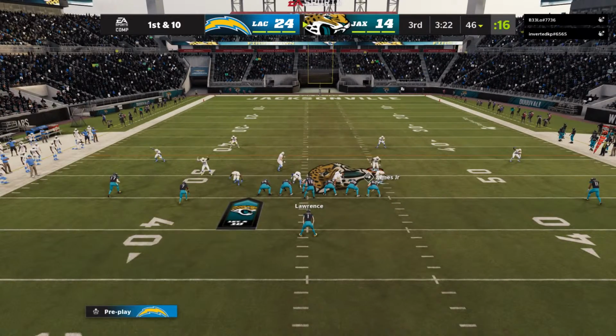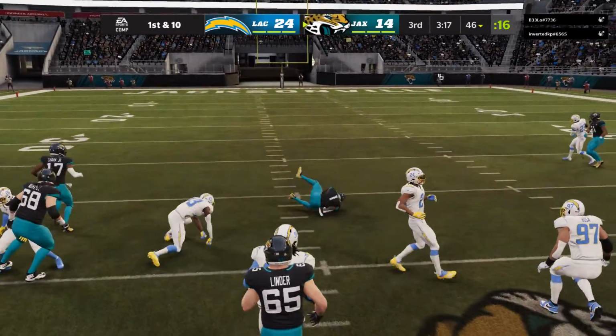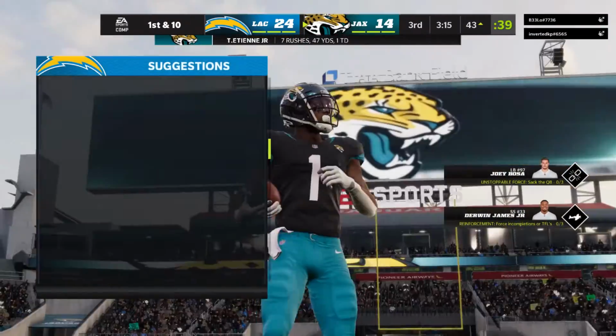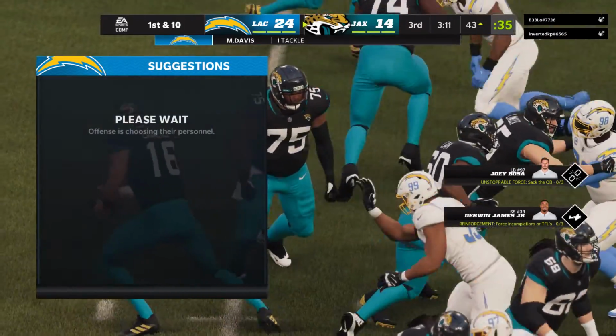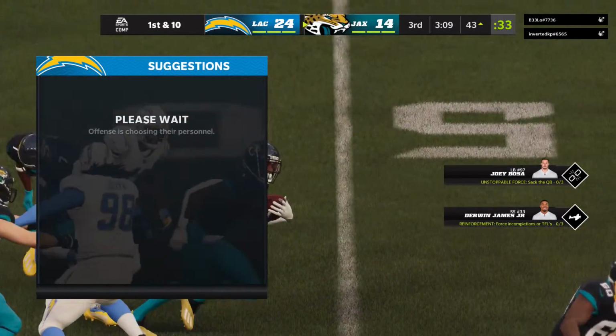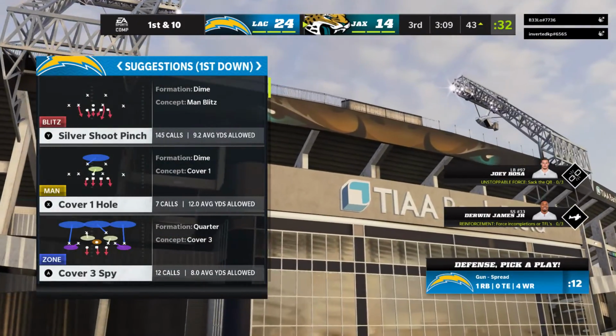He's crossing. He's checking track. On 1st and 10, it's Etienne. And he'll work it across midfield inside the 45. 47 yards now on the ground on just 7 carries. He's obviously a bit of a shorter running back. And sometimes when he goes up the middle like that, he gets lost in there and then he pops out